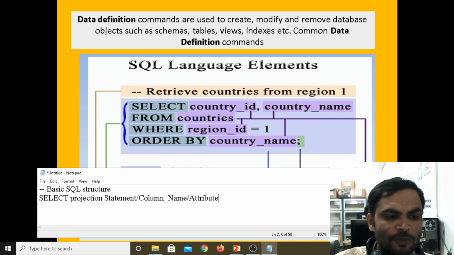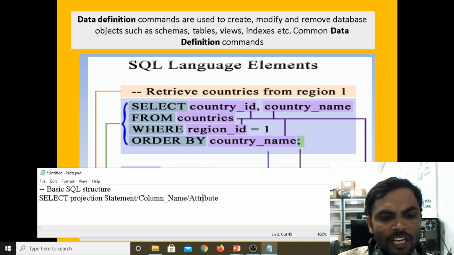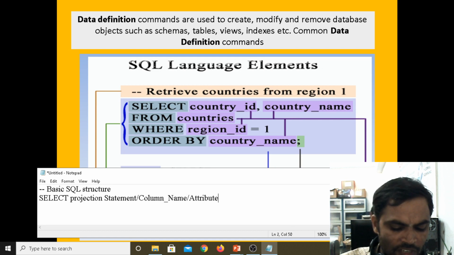After the select, we can project n number of columns.